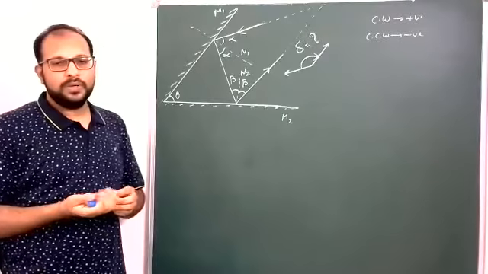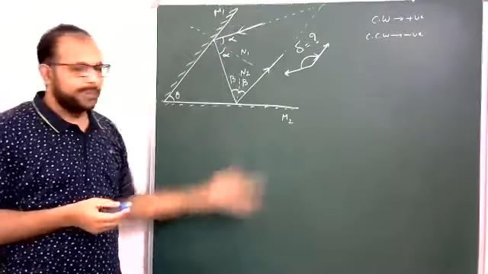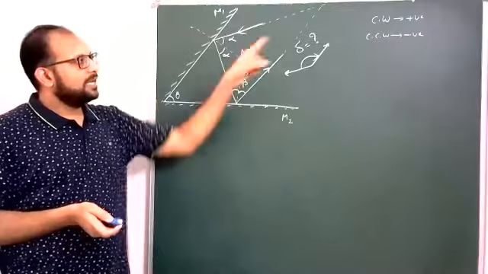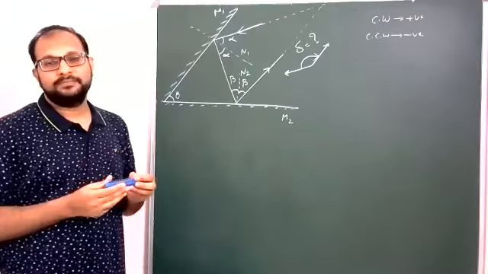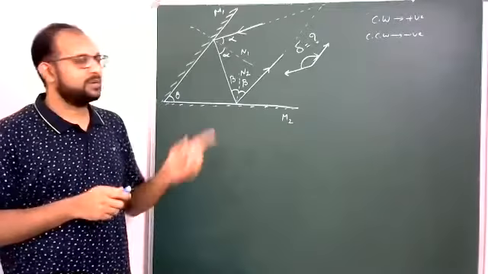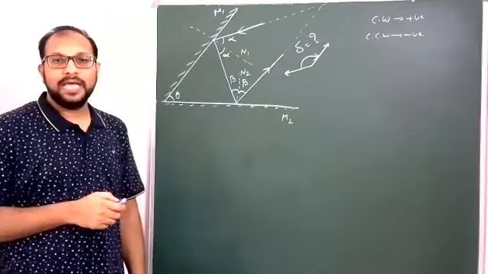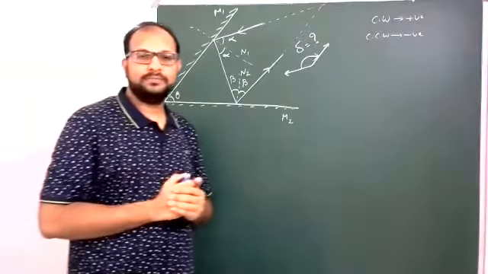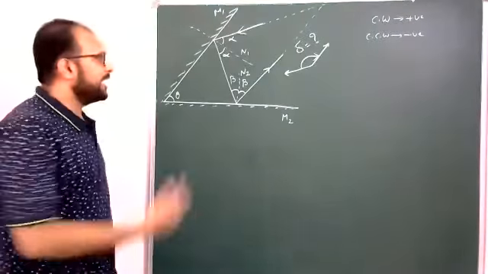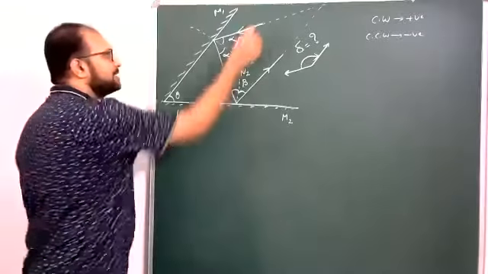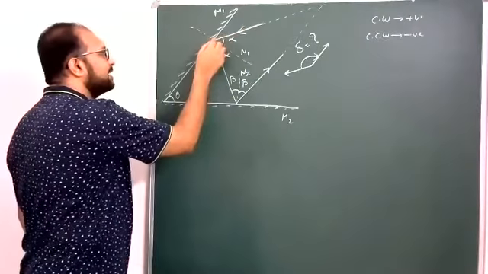But once we have assumed a convention, throughout the problem we should rely only on that particular convention. That's why, at the time of taking the convention, first write it down, then follow on. Don't change it in the middle of the problem. Okay, now started. This is the original incident light ray.